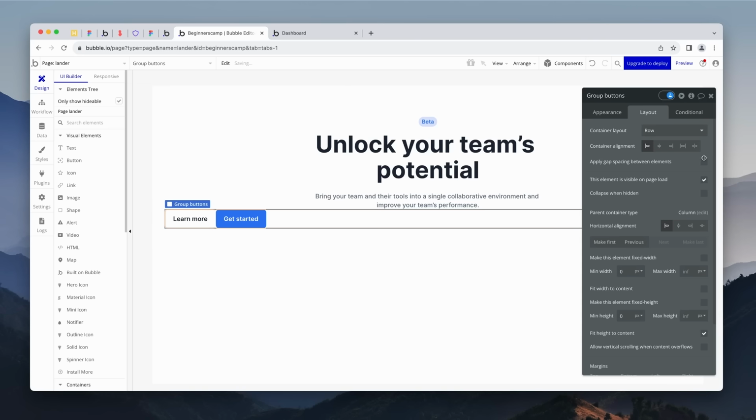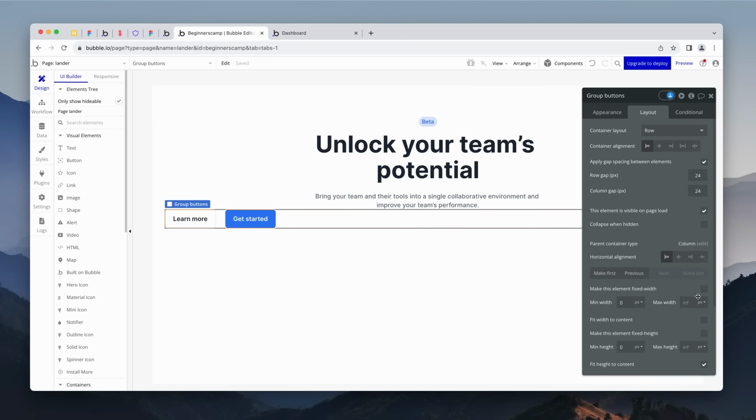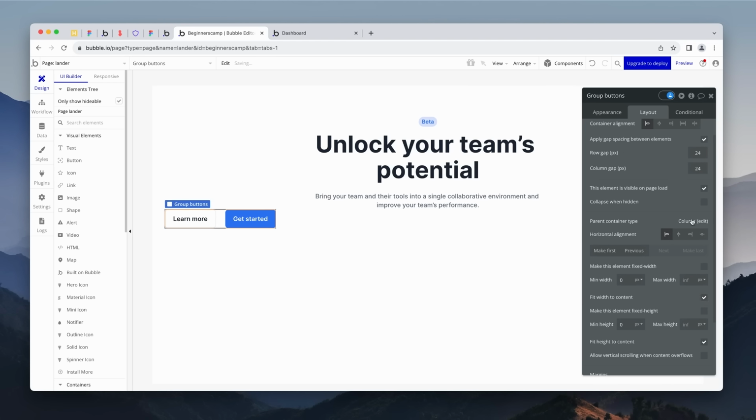And on the layout tab, I'm going to choose some gap spacing of 24 both ways, because what's going to happen is when it gets down to mobile sizes, the buttons, instead of being next to each other, are going to be stacked and then edge to edge across the mobile phone screen. So we need to put our row gap and our column gap within this container. All right, and now we can fit width to content,